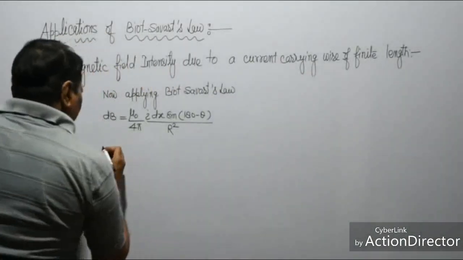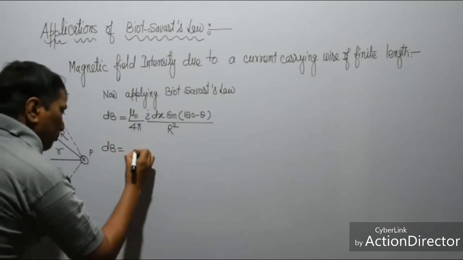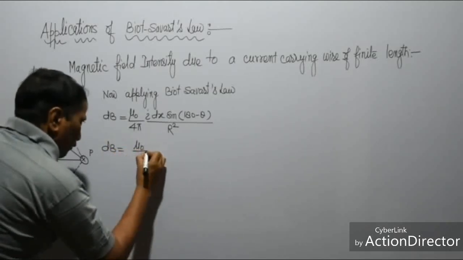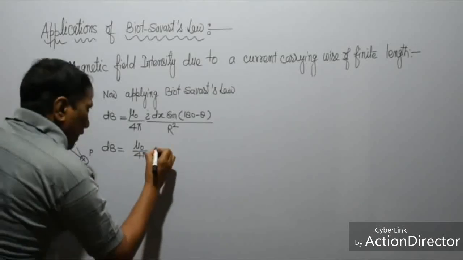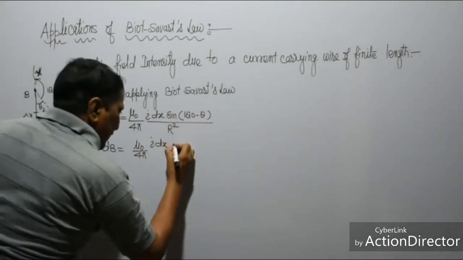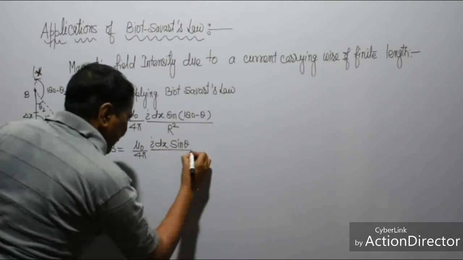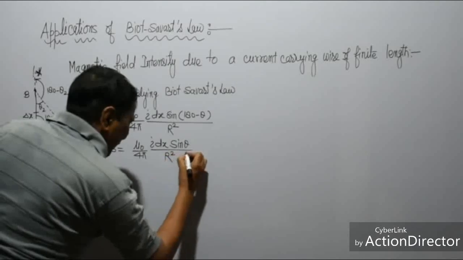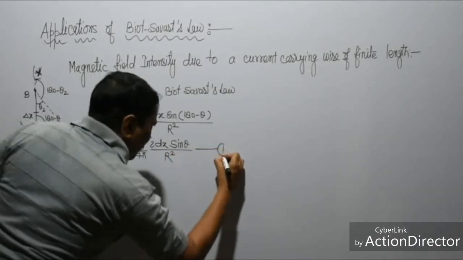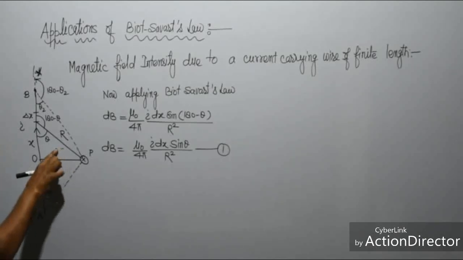So what we have now, dB is equal to mu 0 upon 4 pi I dx sin theta, since sin 180 minus theta is sin theta, divided by R square. Take this as equation 1. Now this distance